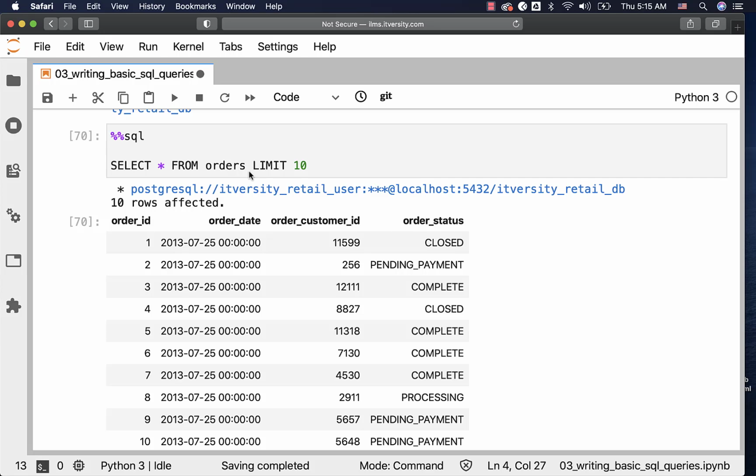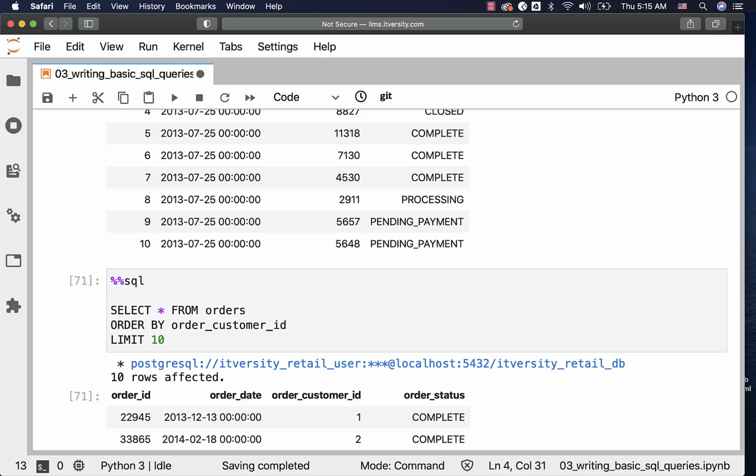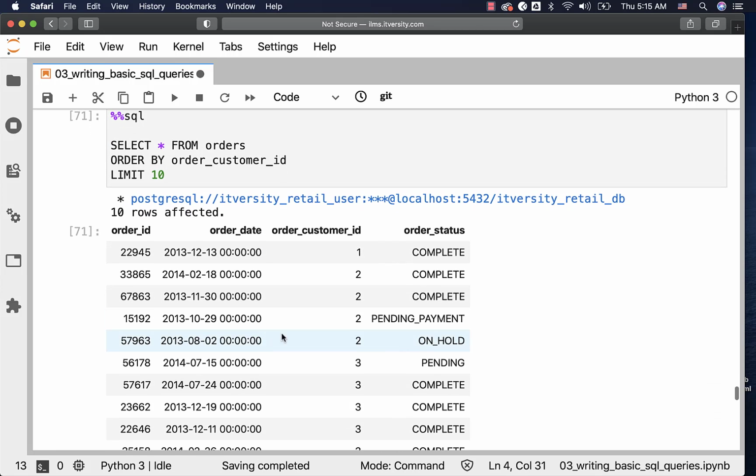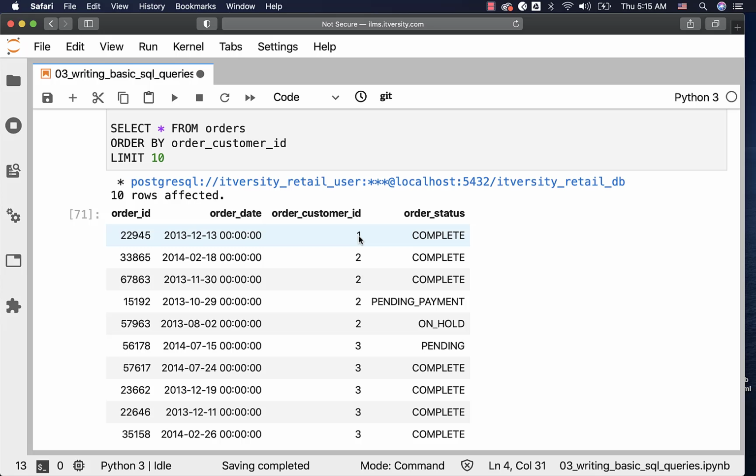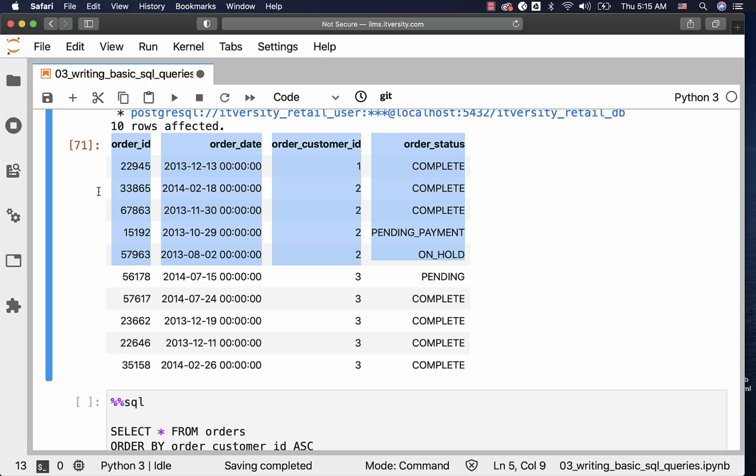It might be different, it might be the same, as long as you do not specify order by to sort the data in some order. So this is how a simple query with order by looks like. I am just selecting all the fields from orders, order by customer ID. You can see the results here. The data is sorted in ascending order by customer ID. First we see the results related to customer ID 1, then we see the results related to customer ID 2, so on and so forth.